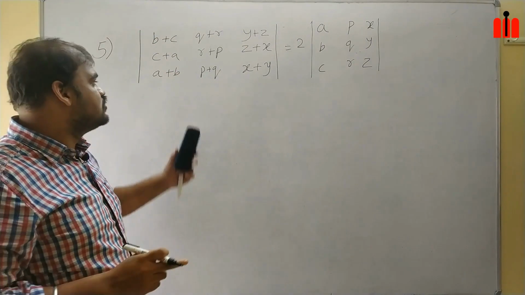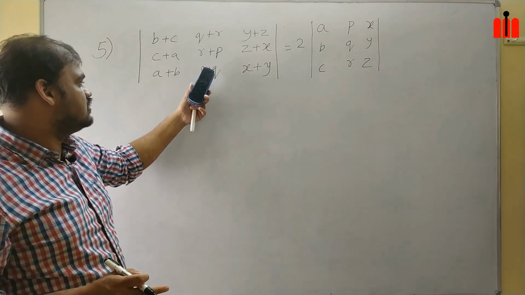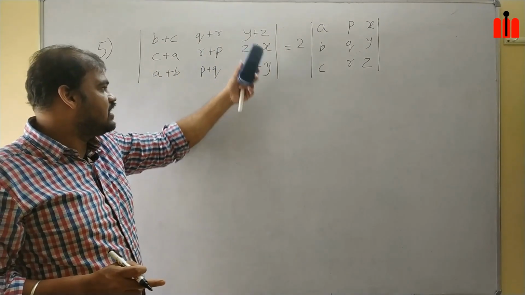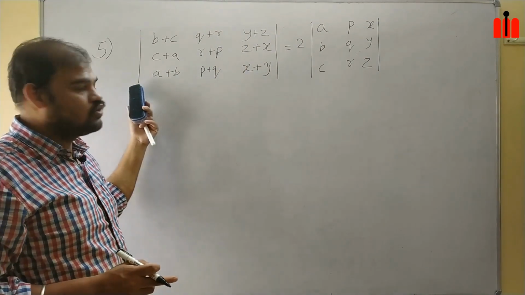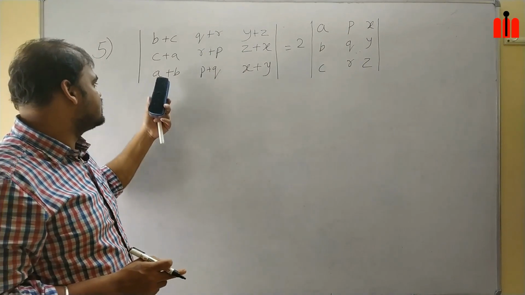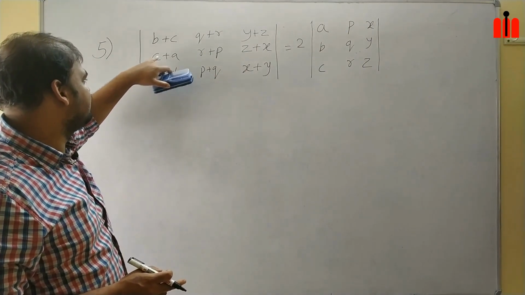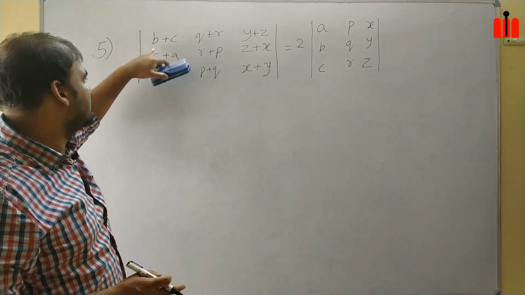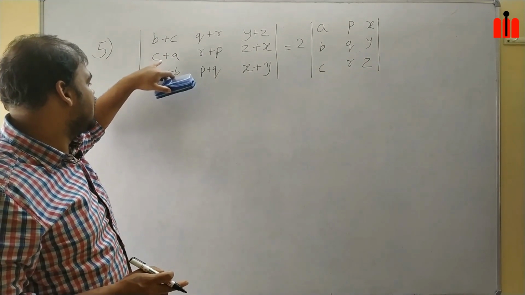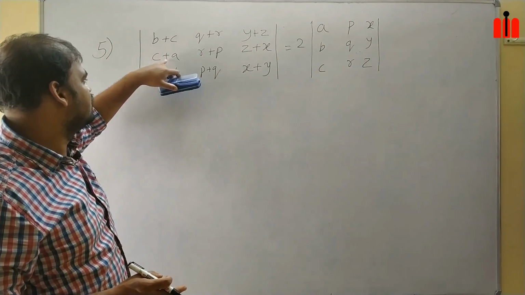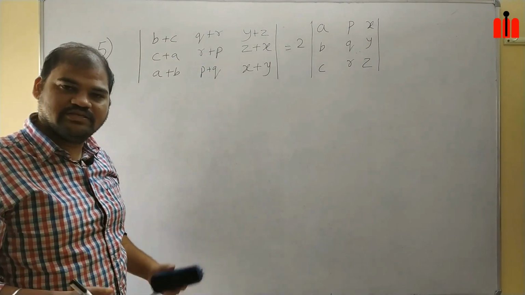Are you getting it? Here also 2R will be there and P plus Q. If you subtract with this, then there will be R. Like that, first we will get a single term in row number 3. Once we get a single term in row number 3, after that here I will get C, then I will subtract it from the first row and second row, then I will get again B and A. This is how we will proceed in this question.